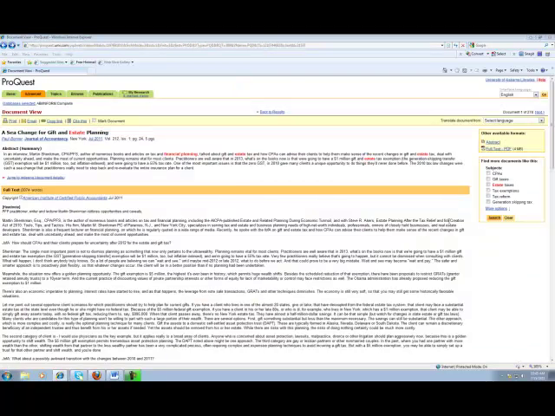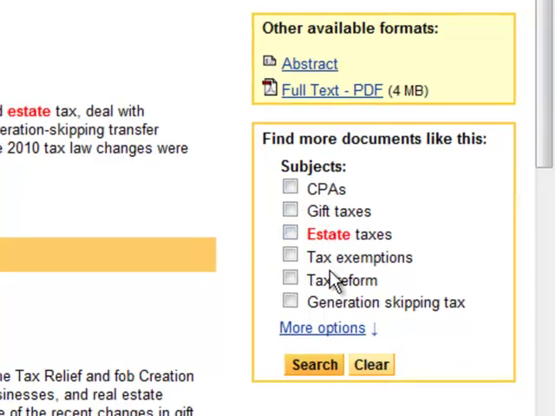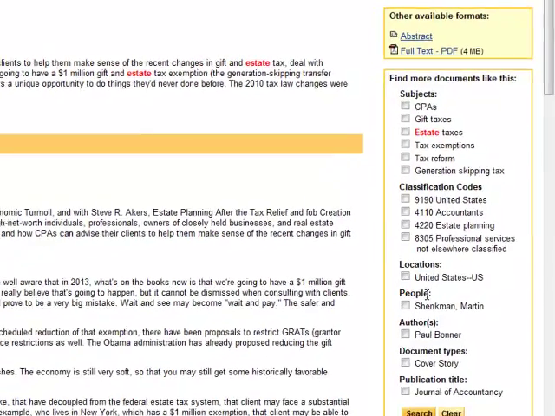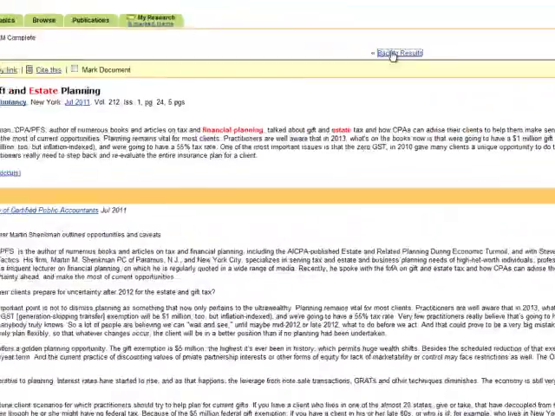If we go back, you can see some of the documents where they talk about this. It's about certified public accountants, gift taxes, and estate taxes. You can see who wrote it, and you can click on some of these to find more documents like this. If we go back to our search results,